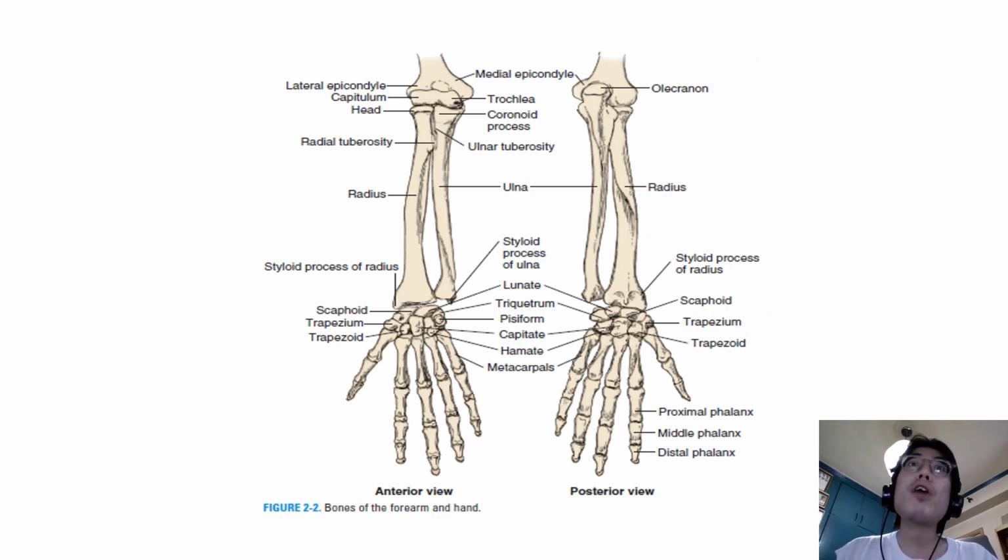The distal end of the radius articulates with the proximal row of carpal bones or wrist bones, including the scaphoid, the lunate, and the triquetrum bones, but excluding the pisiform. Therefore, except for the pisiform, the scaphoid, lunate, and triquetral bones in the proximal carpal bone row articulate with the radius.